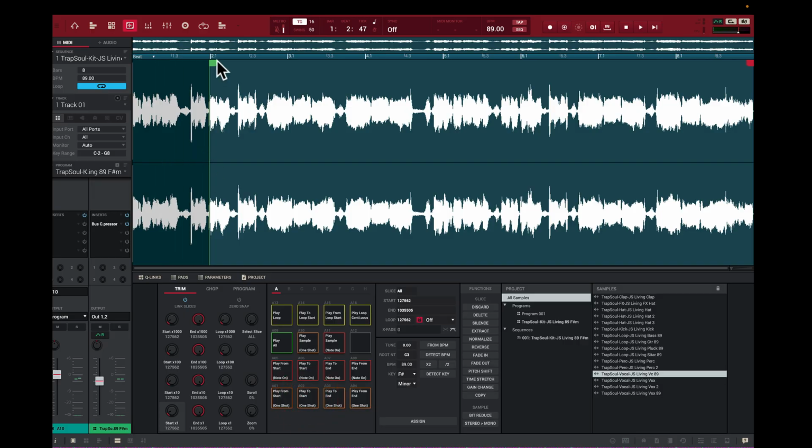we have this green section where I cut off that area, right? That's the start. I can do the same thing here to the end. So the green is actually the beginning and the red is the end of the sample. And these 2 parts here help us cut the sample up, get areas we want to see, pick which areas we want to play. So for example, if I play it now,